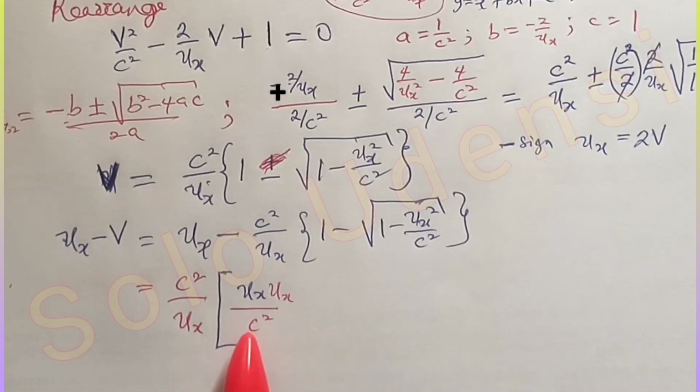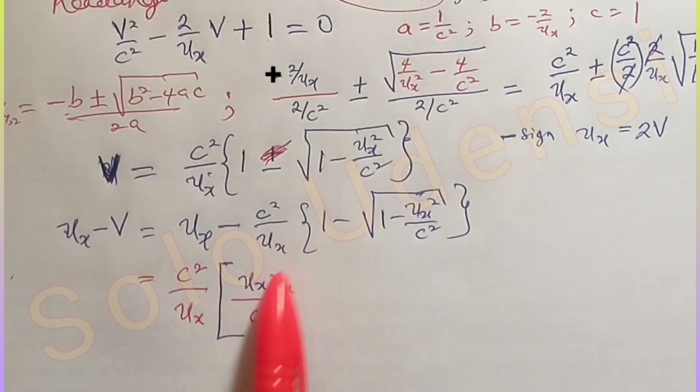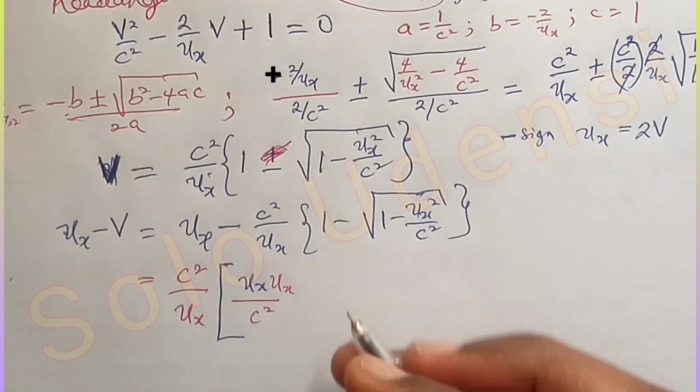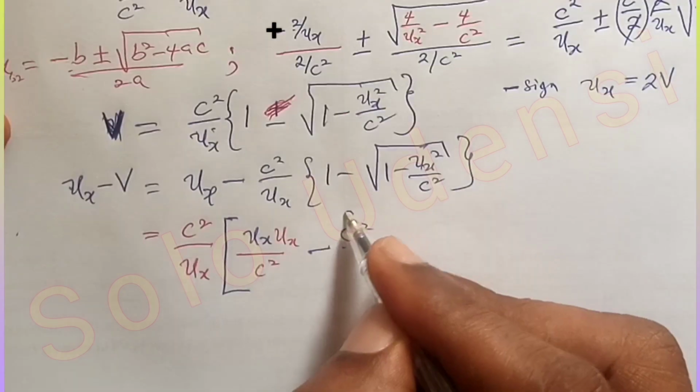So when this one comes in, it will divide this, and this one will remain. So we will now have minus into